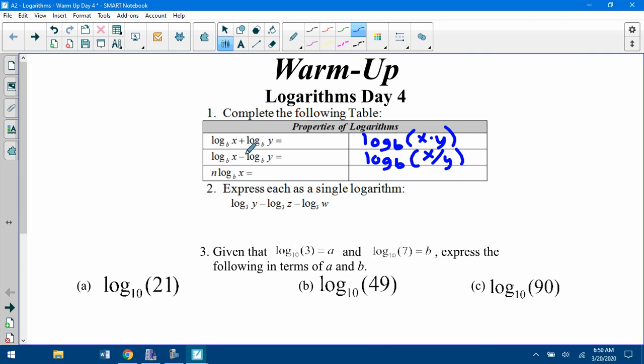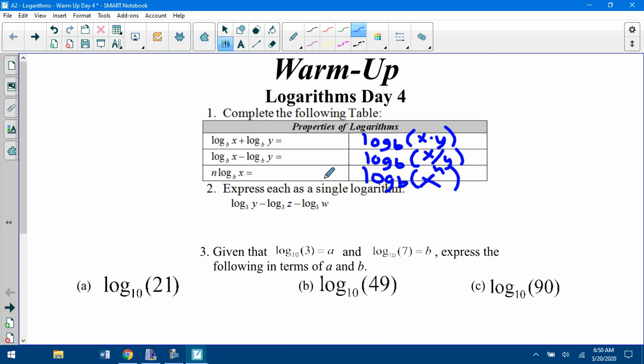And then finally, if I have this number out front, that's going to go in as an exponent. So we're going to have log base b of x to the n power. Okay, so those are the 3 log properties we did yesterday. If I now wanted to write as a single log,